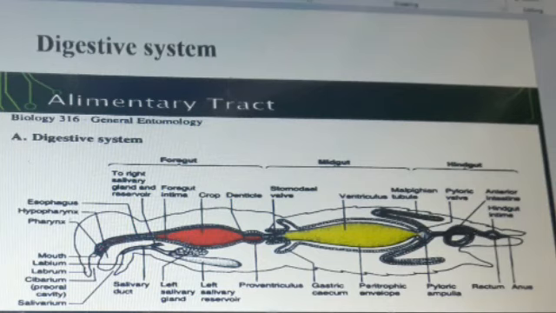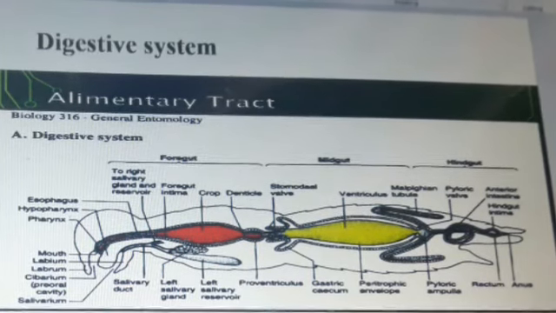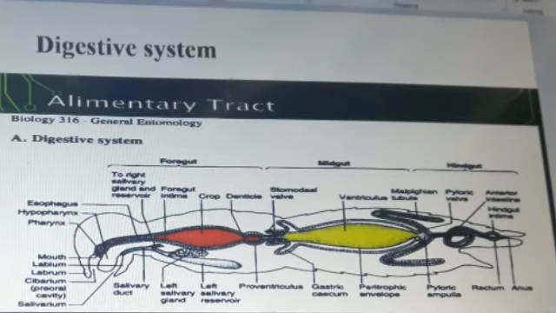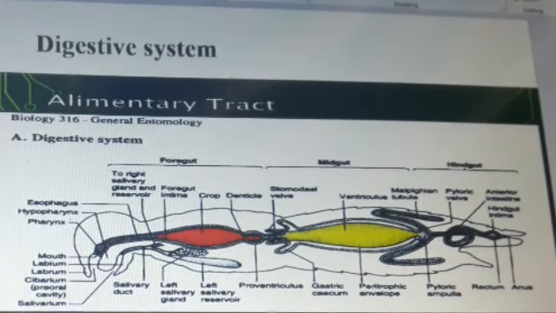The digestive tract, as in all arthropods, consists of a foregut, midgut, and a hindgut. Enlargements for storage and diverticula that secrete digestive enzymes are common. Next we have